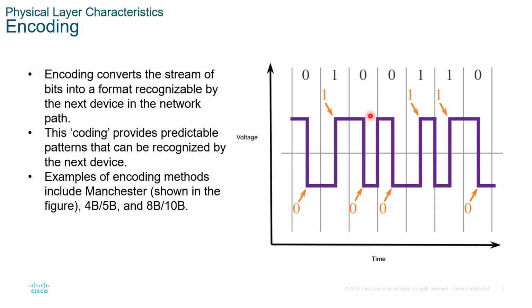When you send the information, most of the time the decoder needs to know what language you are speaking. The language can be these ones and zeros. It can be this type of codes such as Manchester. I think we also have other codes. There are a couple of codes in encoding. I'm not going to go deep into encoding, but basically encoding at the physical layer